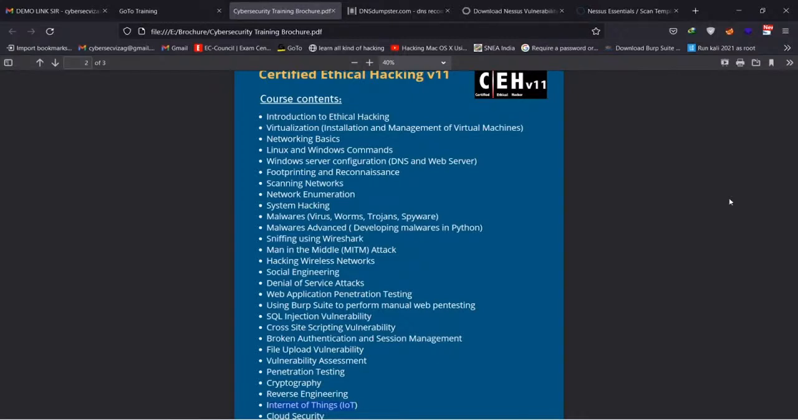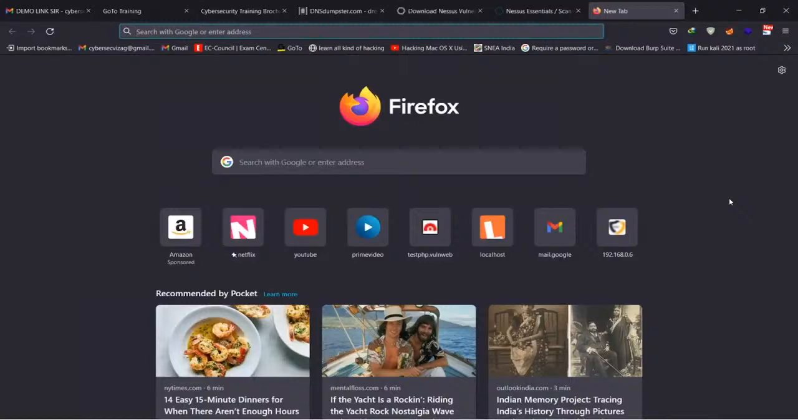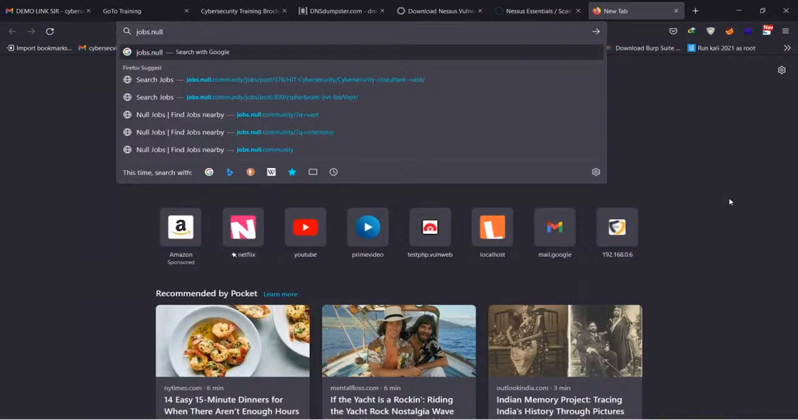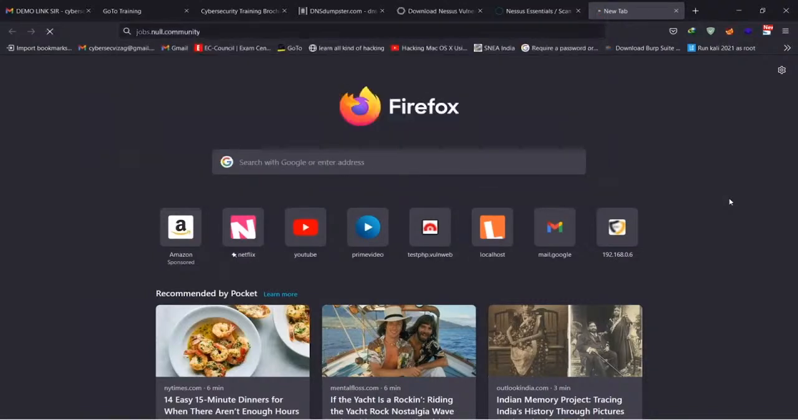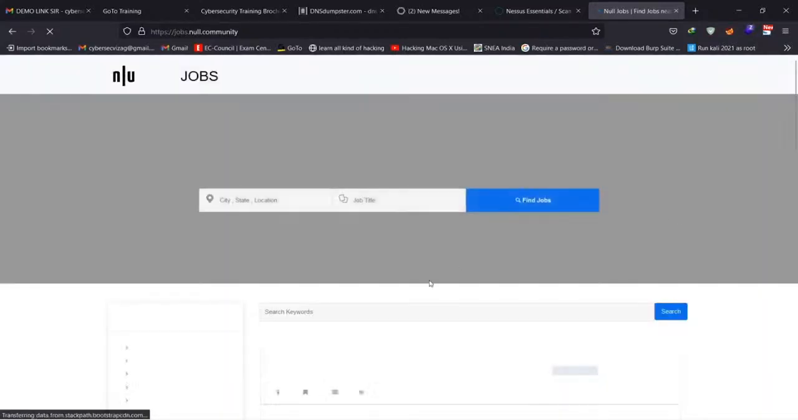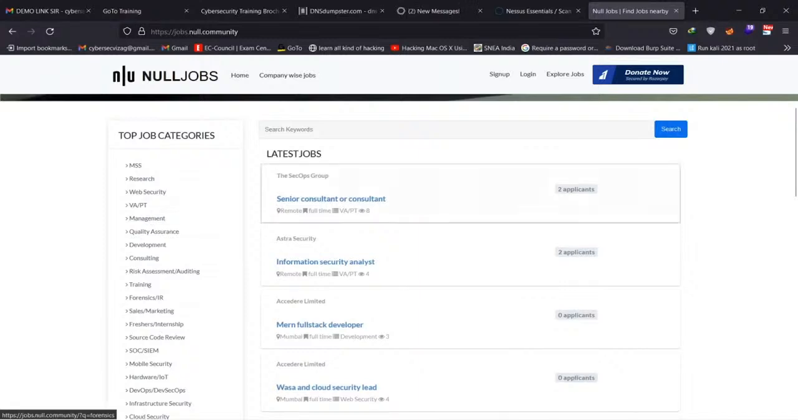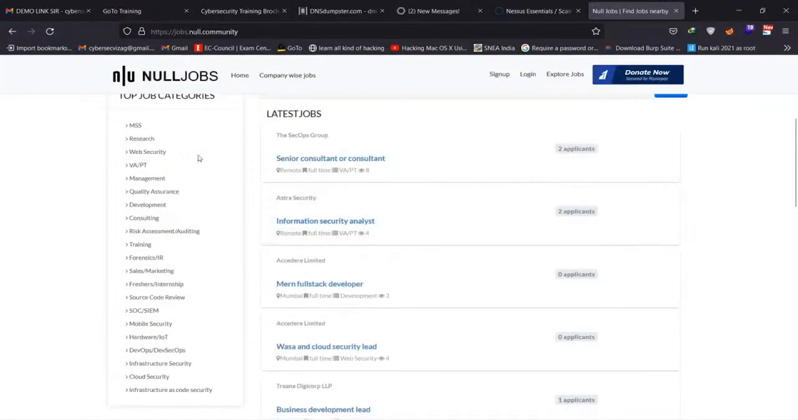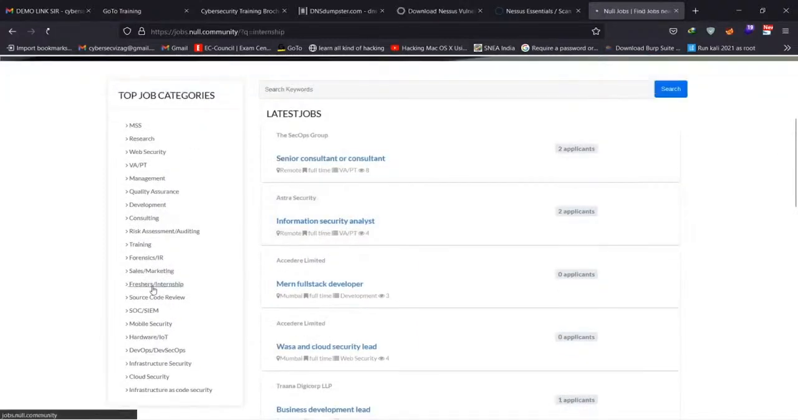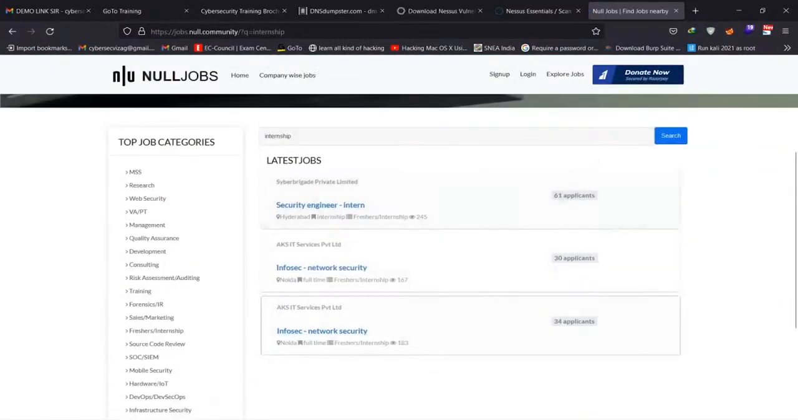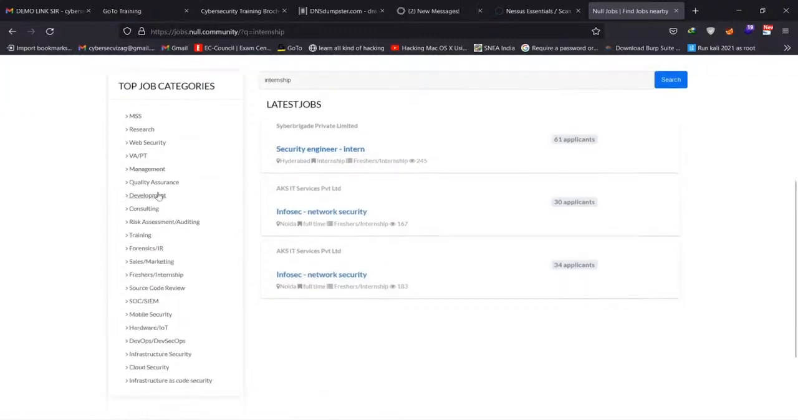If it's necessary, I can give you one source right now. After your course is done, this is the common website that I usually suggest for students: jobs.null.community. This is a website specifically for cybersecurity job roles. These are all the different domains, and you can start searching over here. If you're a complete fresher, just click on freshers or internships, and these are the available placements at the moment. If you're not into internships and want a specific job role,